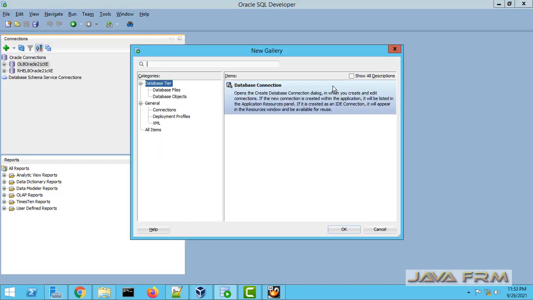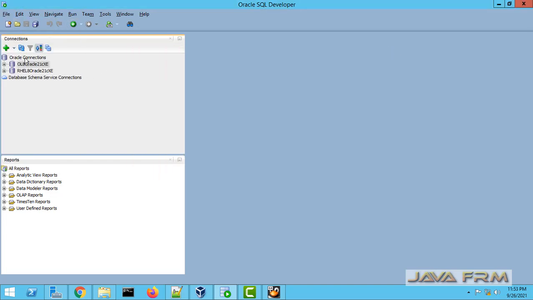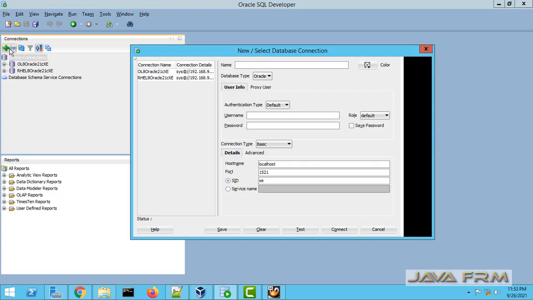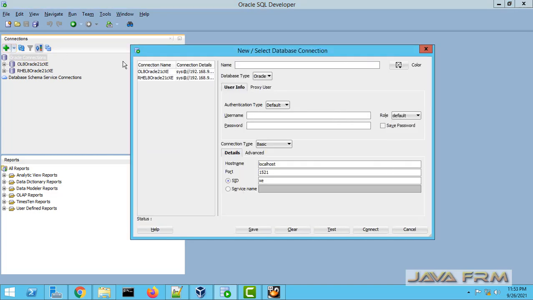So I have already installed SQL Developer on Windows operating system. So make sure that you have installed the latest version of SQL Developer. So SQL Developer version is 21.2 here. Then only you can connect to Oracle Database 21C.